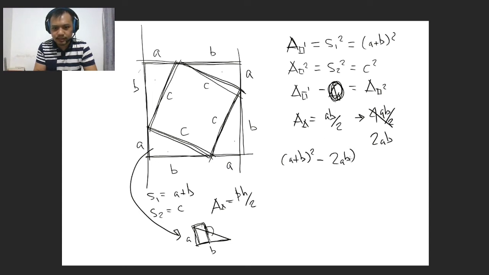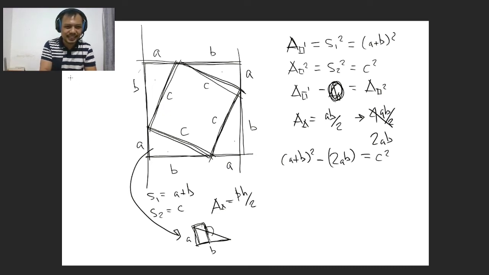We're going to put those in parentheses because we don't want to confuse them all. It's going to equal the area of the smaller square, which is c squared. Right? Now, if you guys remember the FOIL technique, because we can't just square a plus b, we have to use FOIL. What does FOIL mean? If you guys don't remember, let's go ahead and do a quick